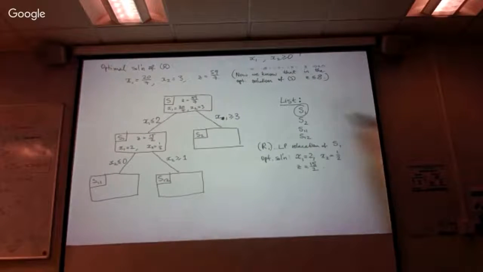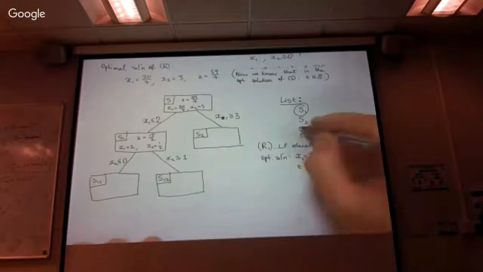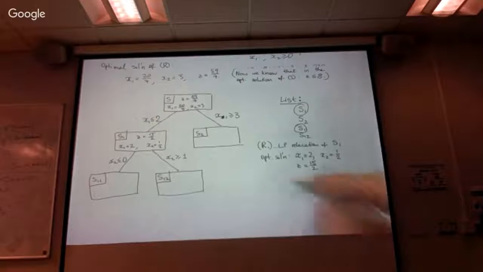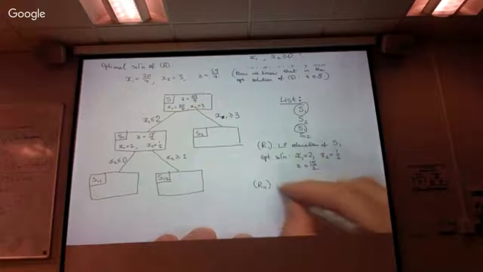Okay, so now I pick one subproblem from this list, and I solve the relaxation. This is how it always goes. Go on the list, pick one problem that's on the list, solve the relaxation, and see if you need to branch or not. Okay, so I randomly pick S11. Not really random because I know what I'm doing. But pick S11. Its relaxation has optimal solution,